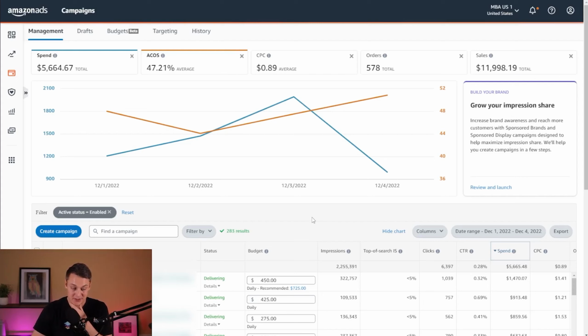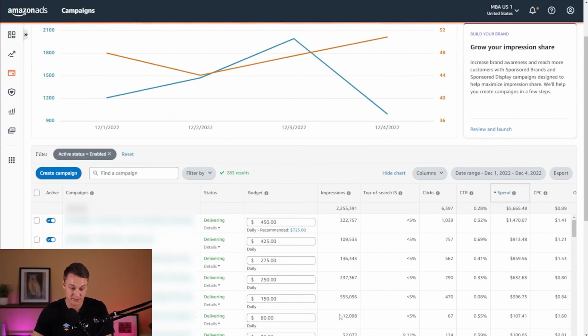This is about the only time of the year that I'll do this where I'm not glued to my computer, but I am checking it multiple times a day, especially for budget. Because one of the worst things you can do is be budget capped with this ever-changing competition and traffic, to where your ads just stop delivering, especially the ones that are performing, and you lose rank and you lose that sales velocity. So it can have